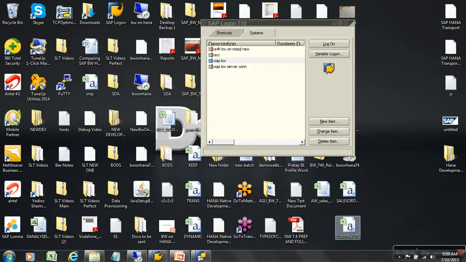Good. So excellent answer. If I do compression in the cube, data is reduced, means data is condensed, then I am filling aggregate. If you do compression, do you know which data belongs to which request? No. Then how do you know what data should be rolled up? Because roll up of data from cube to aggregate depends on request number. Today you load a new request. So when you say roll up, data of this request should be filled into the aggregate. But if you compress, does it know which data is coming with this request? So you must always do roll up first, then compression in the cube.